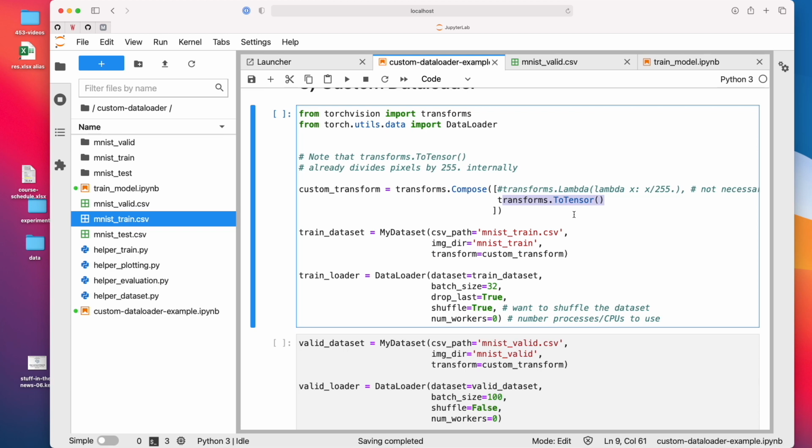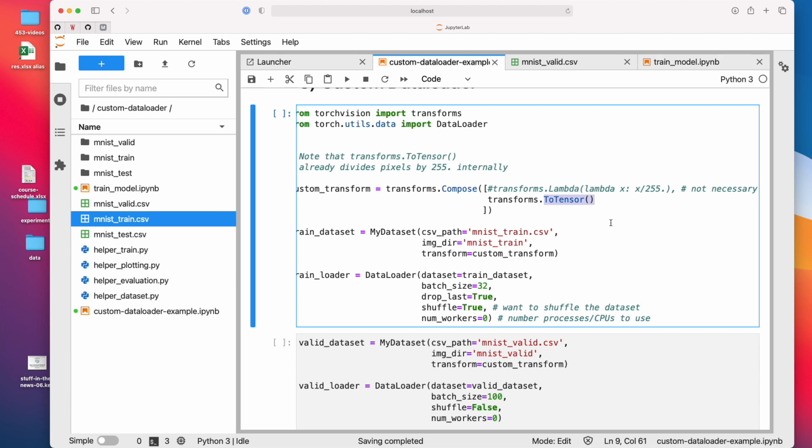So there's the Torch Vision library, which has this transforms package or sub-library, and there are different methods for augmenting and transforming images. Here I'm using something called toTensor, and this one will convert an image to a PyTorch tensor, but it will also normalize the images by dividing them by 255 automatically.